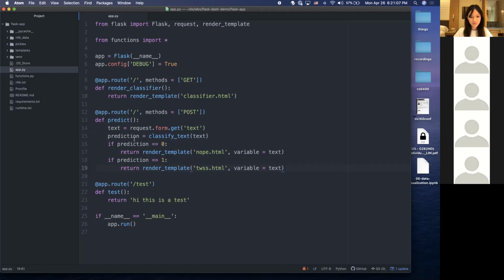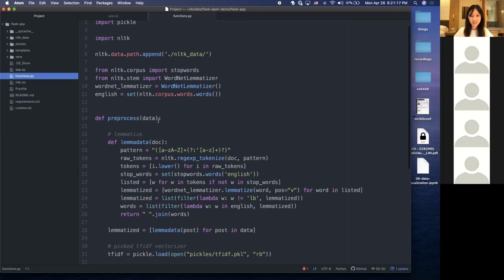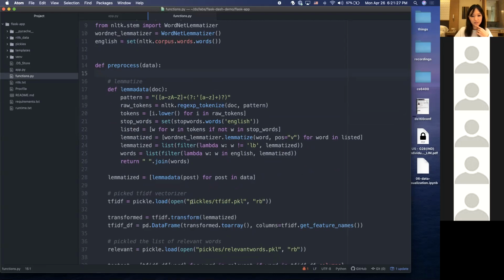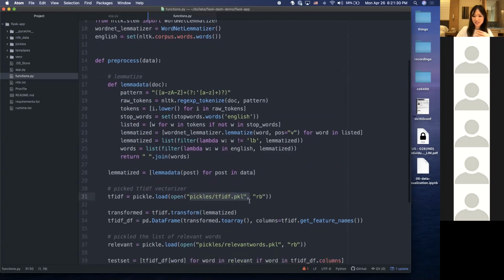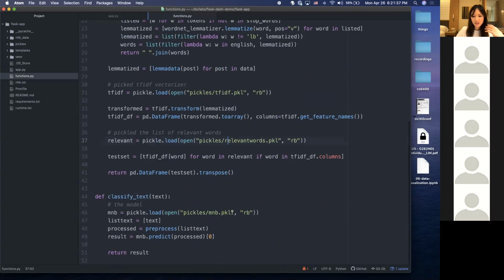But this prediction function of classify text actually comes from my functions.py. Again, not my cleanest function, but as you can see here I have basically all of the functions that I use to pre-process the text. As you can see here, I'm using a TF-IDF vectorizer. I also manually filtered my words. So this is actually a list of words that I wanted to take in. And then here I actually have my naive Bayes model that I pickled from a Jupyter notebook when I was